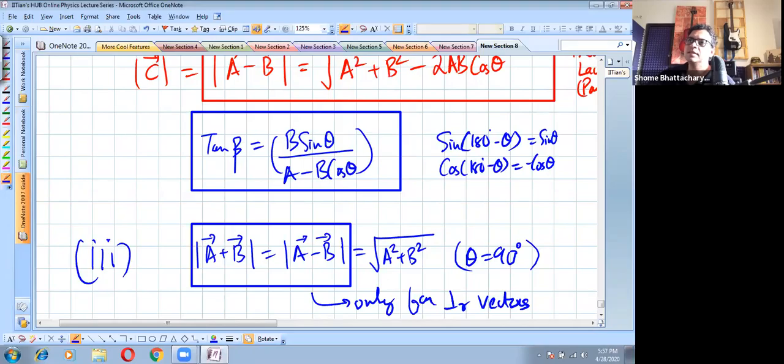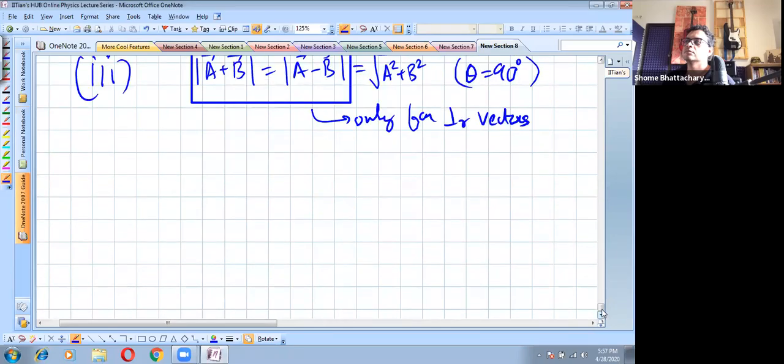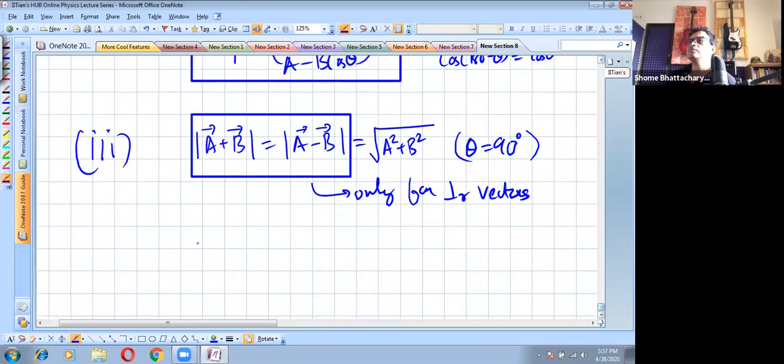Where A plus B was given to you, A minus B was given to you, and they were perpendicular. One was along the x-axis, one was along the y-axis. That can also be understood from this, and that is why their magnitudes were coming out to be the same. Okay, so this is